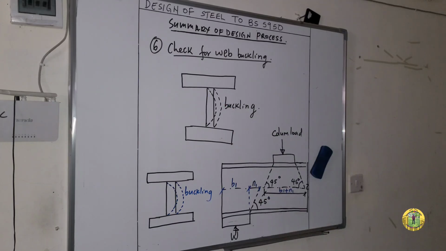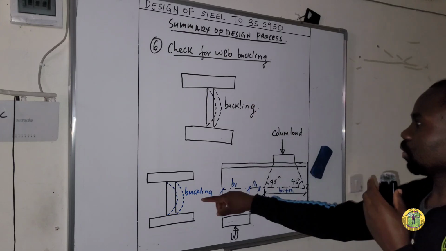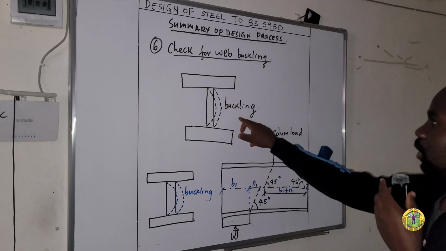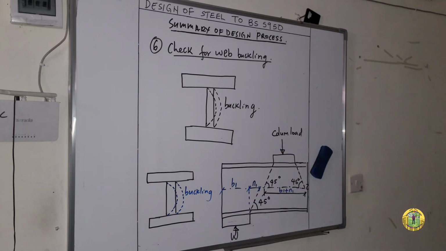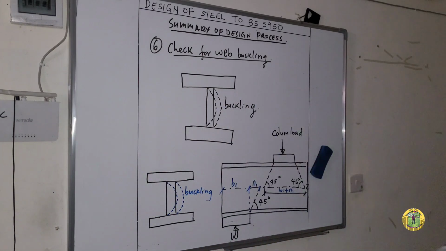This is the section of a column. As you can see, this is the buckling of this column or I section due to excessive compressive forces. The figure above illustrates how the load is transmitted through the web at the support,